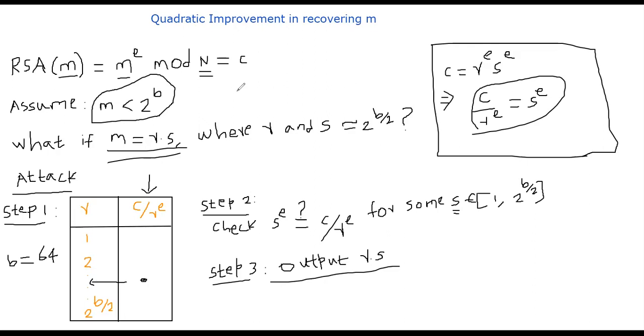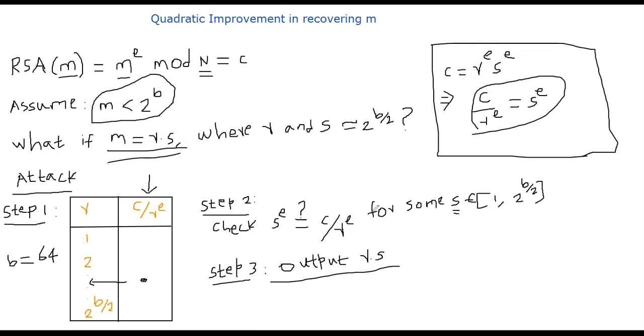Okay. To summarize, what we learned is that if your message is made of two numbers R and S, and both R and S are small numbers compared to the original message, we can just reduce the search space, the exponent size. That means half of the exponent. So instead of searching for all possible 2 power 64-bit numbers, we will search for only 2 power 32. The table has to be built, and then we will do a simple binary search on this to figure out whether there is a corresponding R for the particular S. Okay, that's all. Let me show to you the implementation.